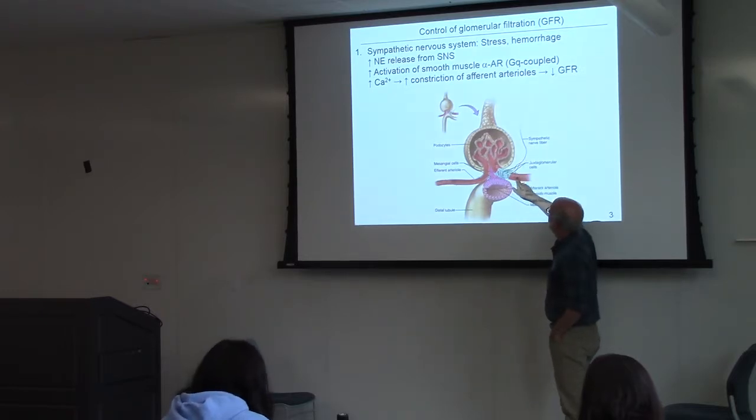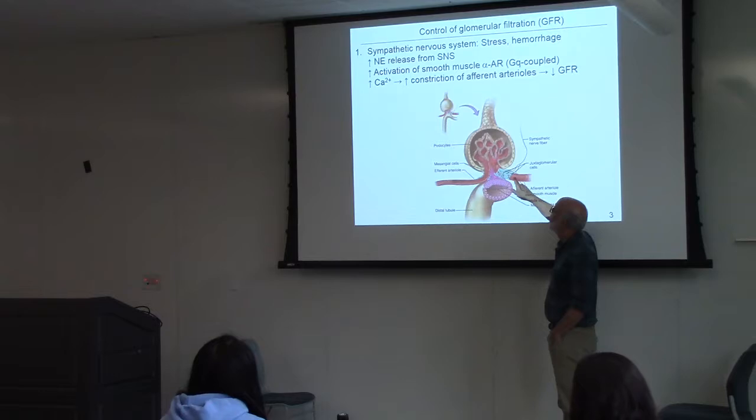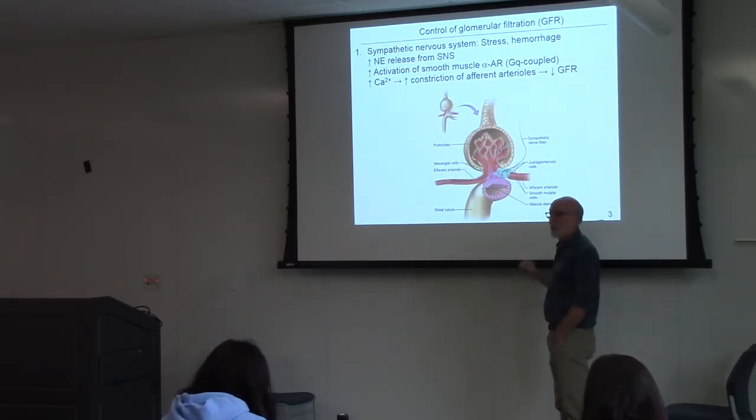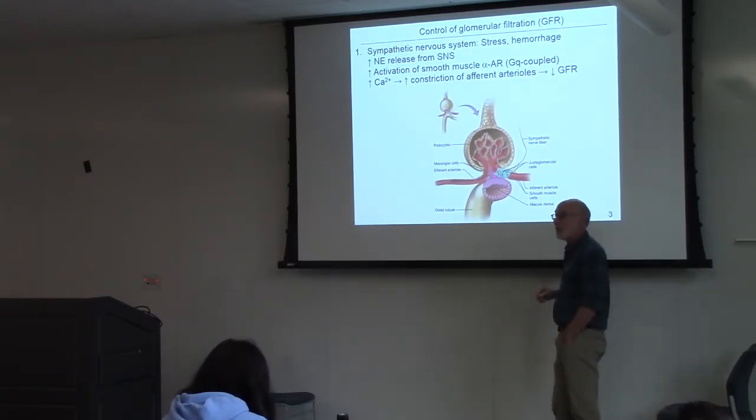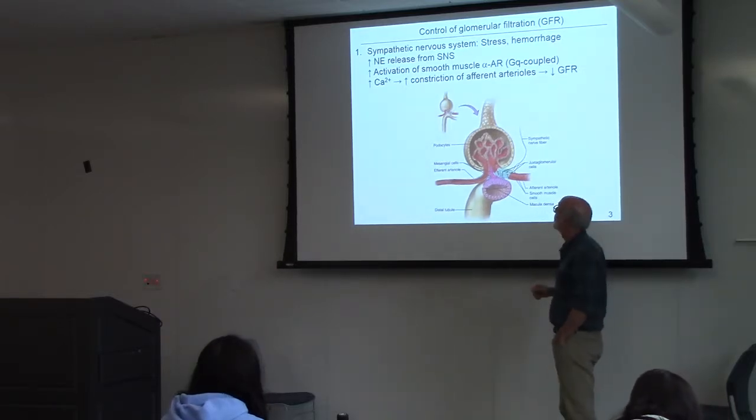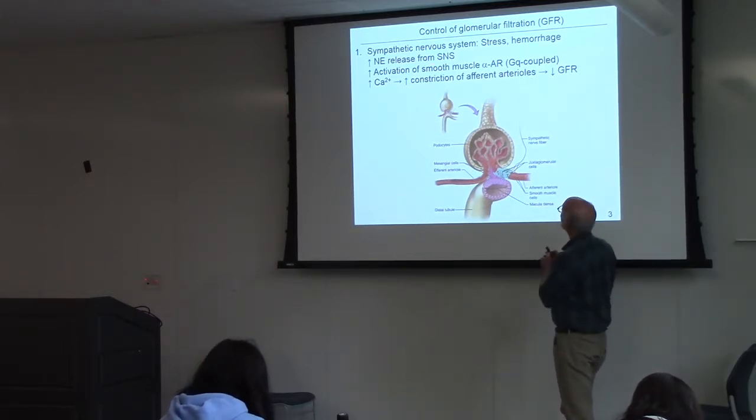Nerve fibers innervating smooth muscle. So, sympathetic nervous system, the neurotransmitter is norepinephrine. Norepinephrine on these afferent arterioles